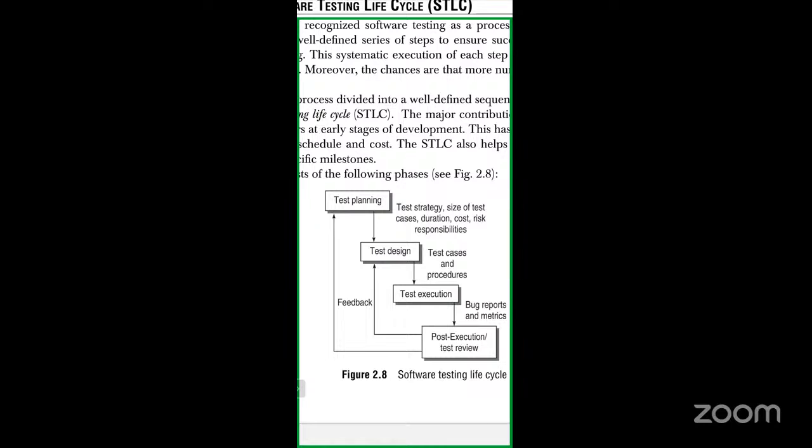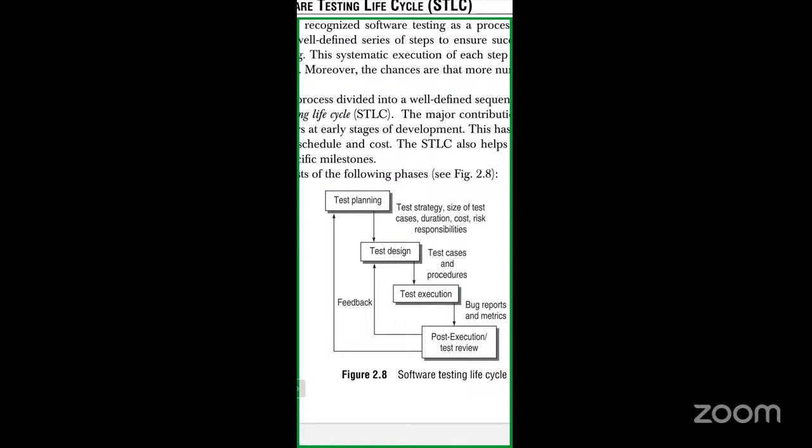Before we go for testing, we will be planning how we are going to execute that testing. These are the areas where we plan before we start our testing. Then moving on to the test design,